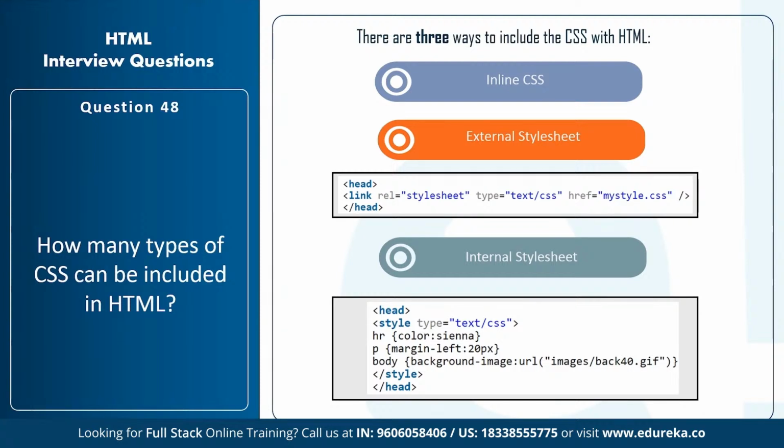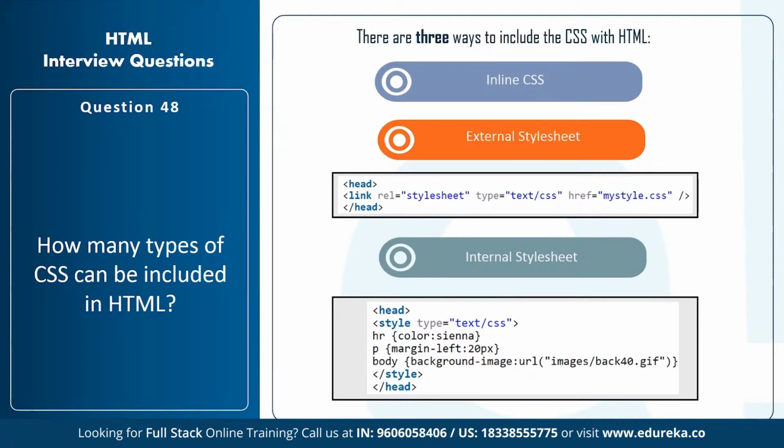And the final way is the internal style sheet. Now this is used when a single document has a unique style. So the internal style sheet needs to be put in the head section of an HTML page by using the style tag. So here is an example where you have the style type, then you can add the different colors or